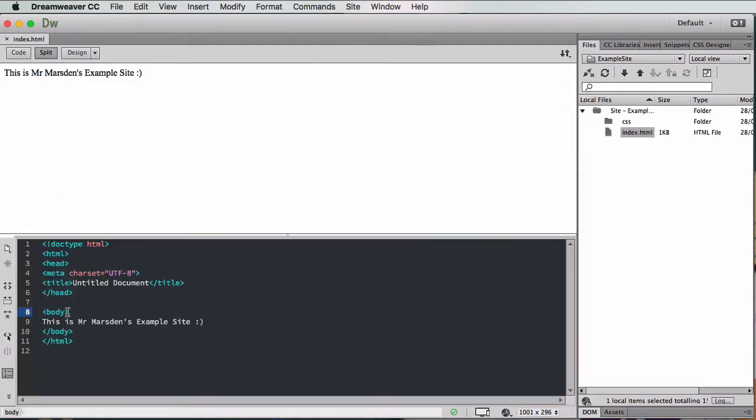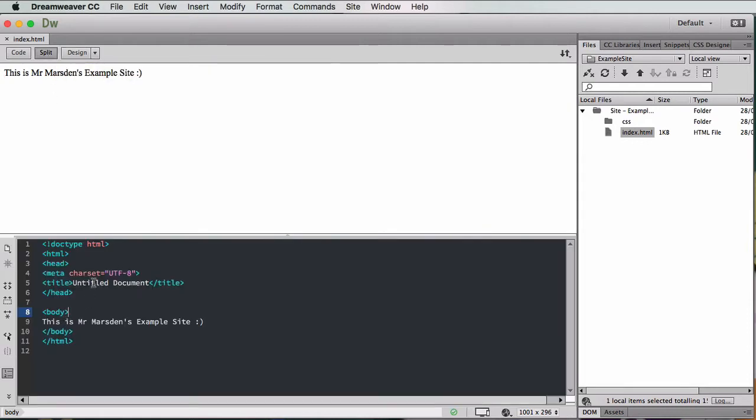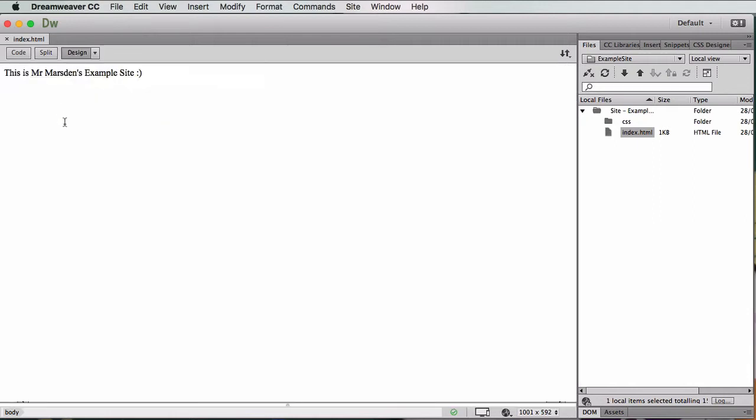Another one you can have is split view. What this gives us is not only what could be code, but also the design view at the same time. So most people actually work in those two. If you're working in a live view, the good thing about the live view is you can actually see where the body tags start and end, and also what sections, if you're using div tags, what belongs to what tags. So this helps us orientate ourselves around the document a lot better. But for this time, we'll be working design view, and we'll flick between that and the code view as we